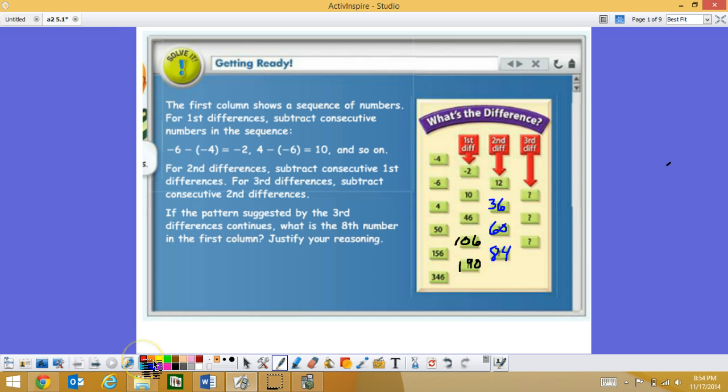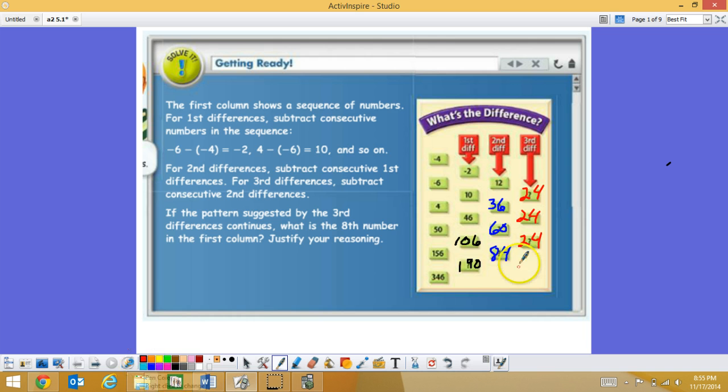And finally, finding the third set of differences, 36 minus 12 is 24. 60 minus 36 is also 24. And 84 minus 60 is 24 once again. So we find in that third set of differences, there are constant differences of 24,